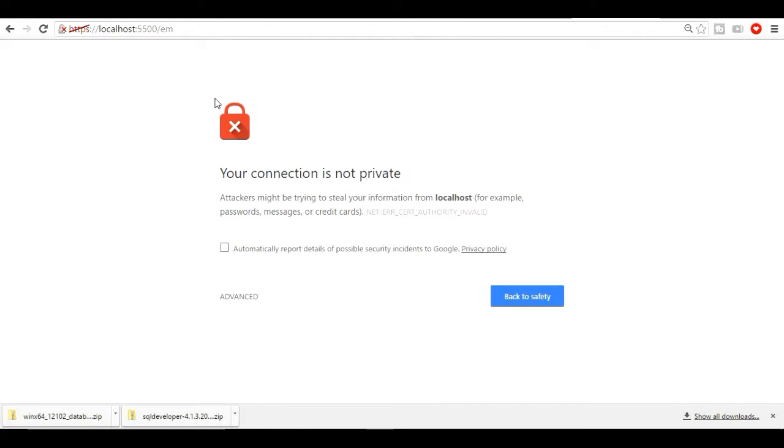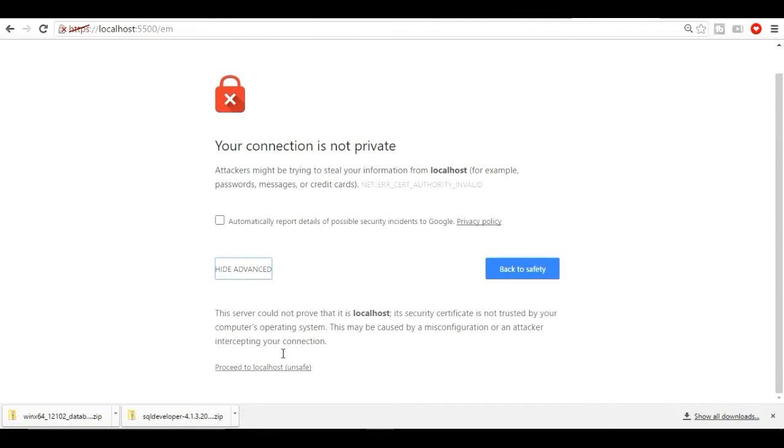Here you find the privacy error, and when you click on Advanced, then Proceed to localhost. Okay, now you are running our server on the localhost. Just click on the localhost.